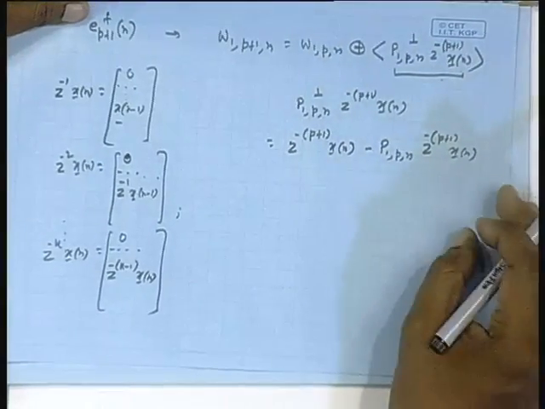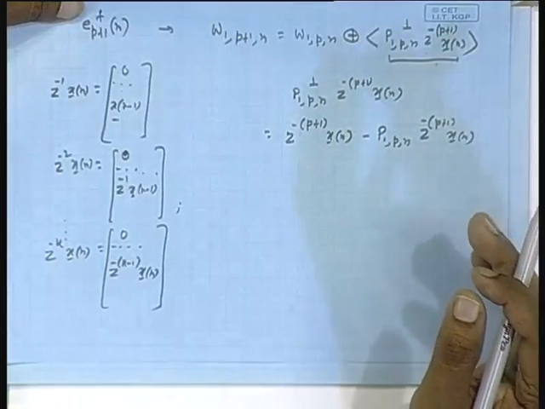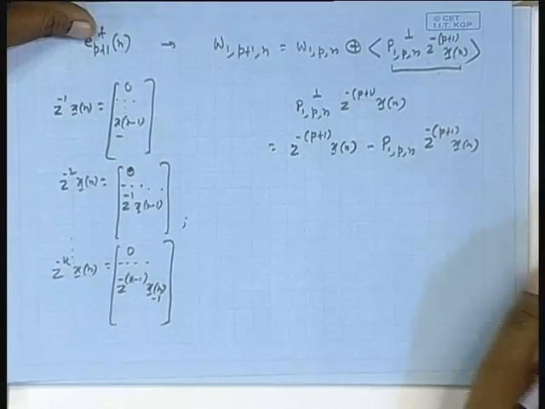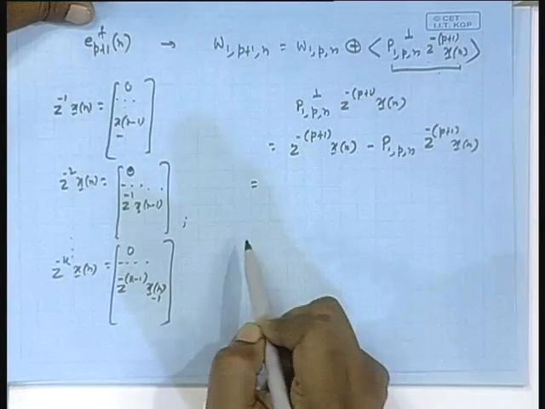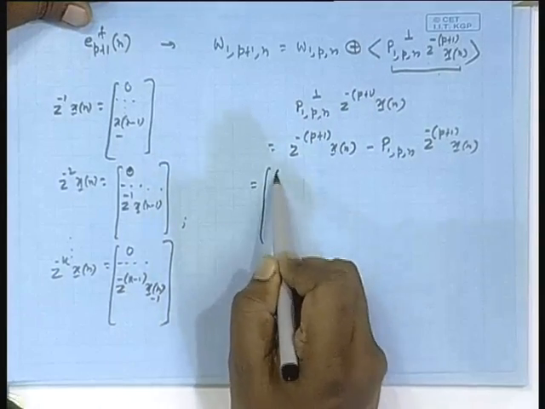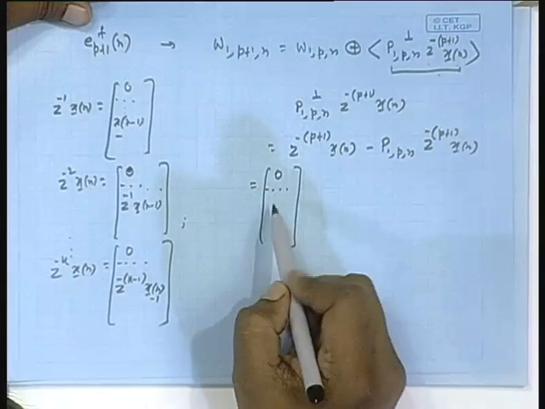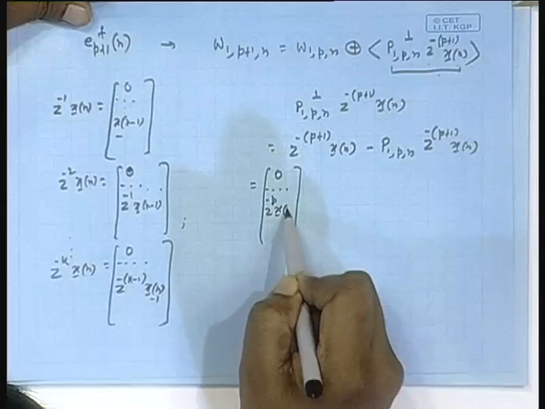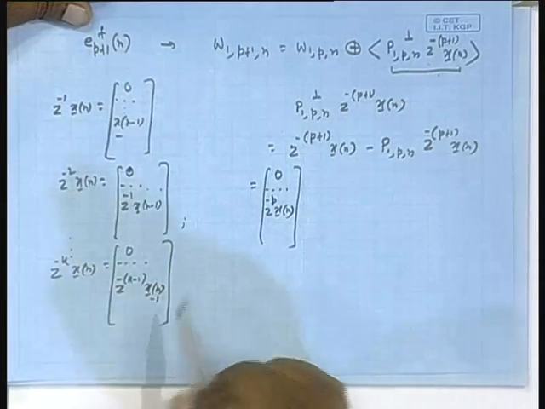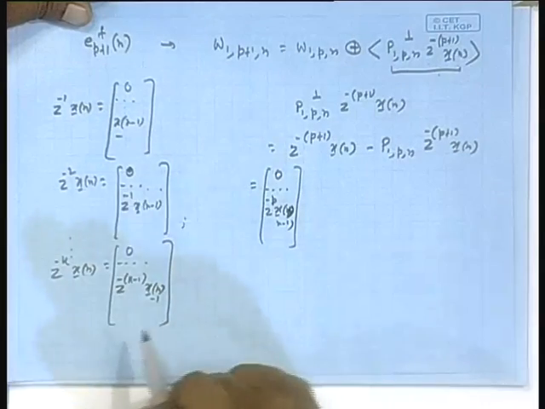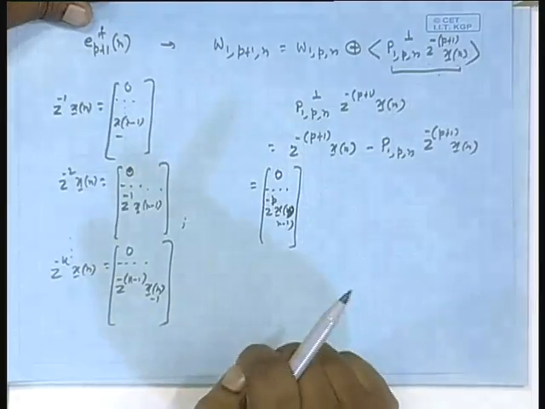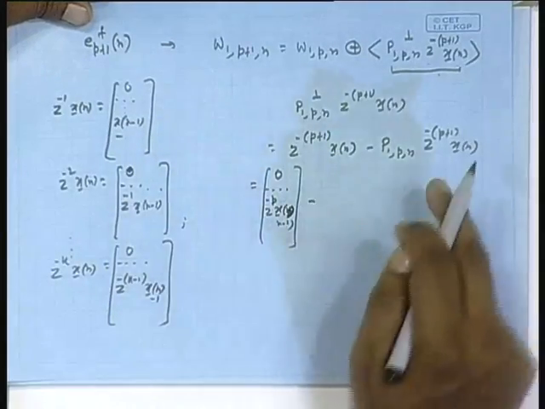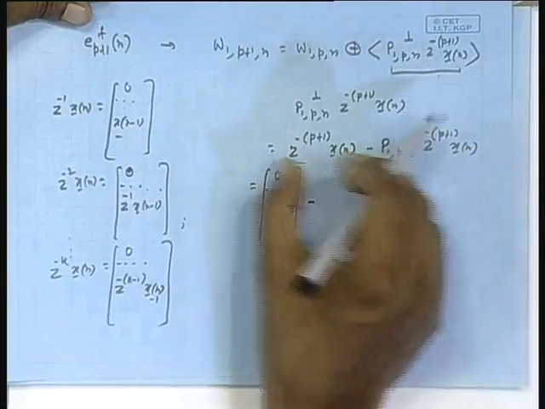Yeah, question you can ask me. I may be making mistakes somewhere. Yeah, question. Yeah, this is x n minus 1. Thank you. X n minus 1. Yeah. I am writing like this. Now, Z inverse p plus 1 x n means what? Sorry, x n minus 1. I am always making that mistake. Okay. Correct me if I make these mistakes, I have something in mind while writing something else. I can do that. Minus, again the same vector is here, so I will do the same here also. Same vector is repeated here.